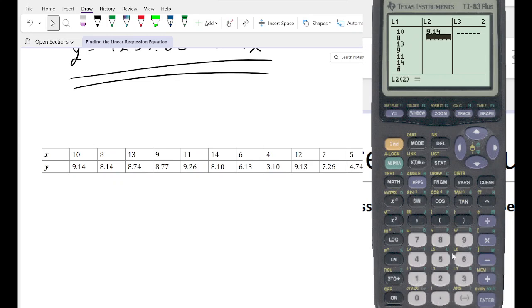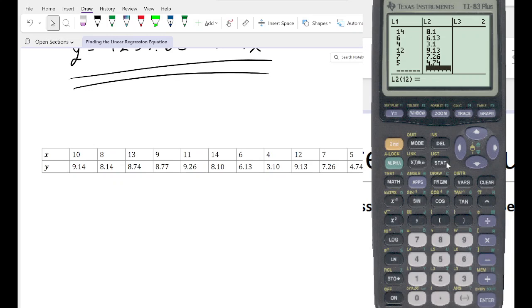9.14, 8.14, 8.74, 8.77, 9.26, 8.1, 6.13, 3.10, 9.13, 7.26, and finally the last one. These are so much fun to type in, 4.74. Again, you should always double check to make sure that it is correct, but I trust myself, so I'm just going to go on